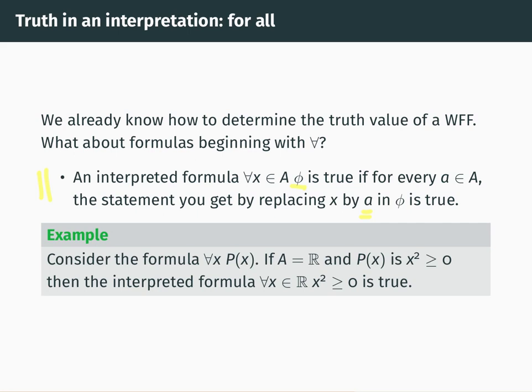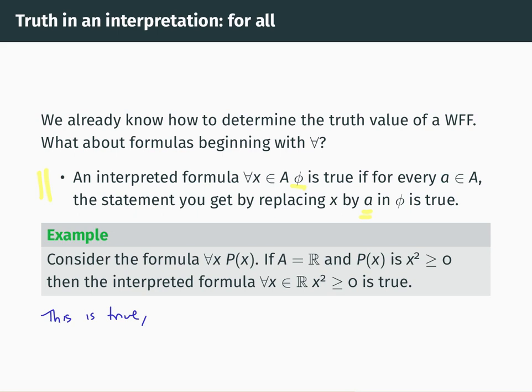Let's explore an example of this. So we'll consider the formula for all x, P of x. A possible interpretation of that is taking the set A to be R, so the variable x ranges over the real numbers, and taking the relation P of x to be x squared is greater than or equal to 0. So then the interpretive formula becomes: for all x in the real numbers, x squared is greater than or equal to 0. That's true